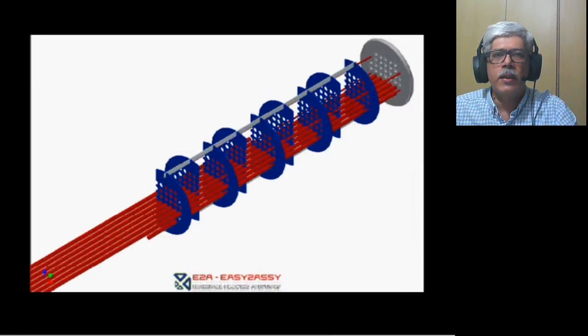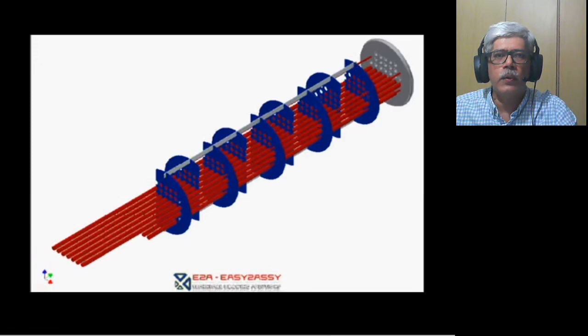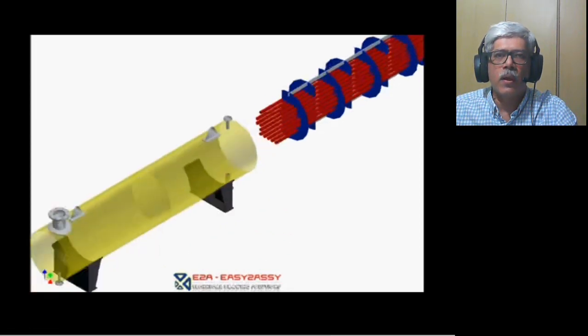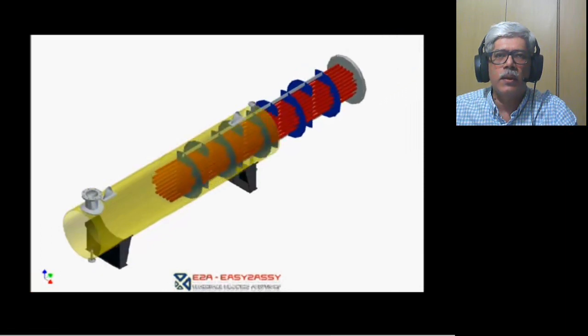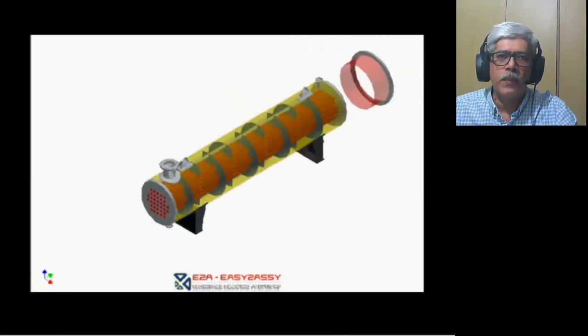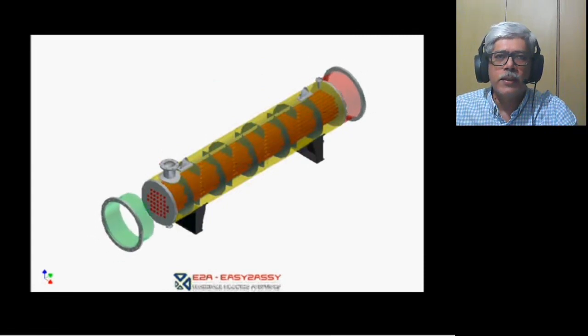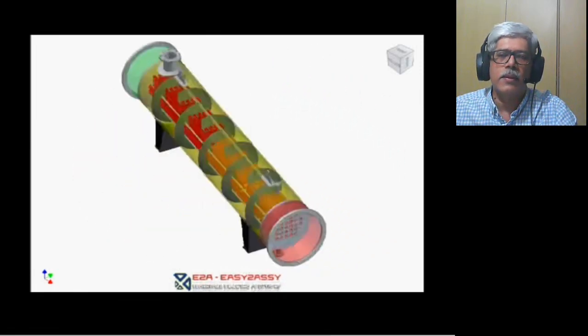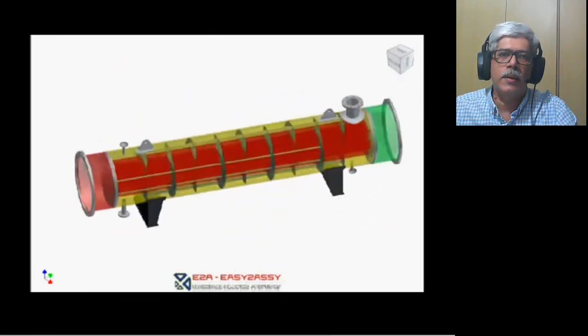After this, you insert the tubes. So you will see the procedure where the tubes are getting inserted one after the other. This is the process where you require good manufacturing tolerance so that the tubes pass through all the baffle holes properly. Then you attach the second tube sheet, complete the tube to tube sheet joints, and then insert the shell and the channel sections. So that completes the manufacturing of a heat exchanger.